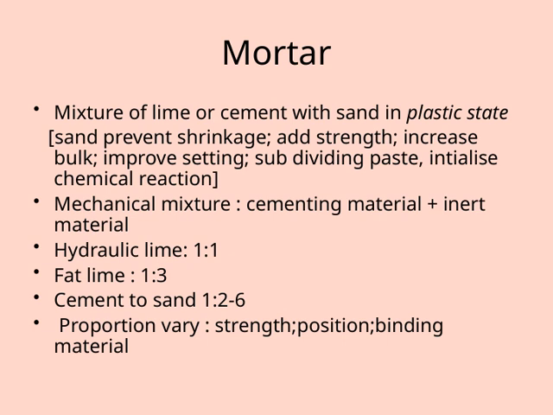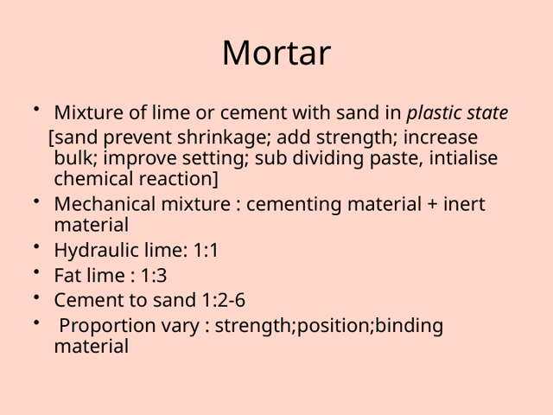Well, sand helps prevent shrinkage as the mortar dries, adds strength, increases the bulk, and improves how it sets. Plus, it helps subdivide the paste and kickstarts the chemical reaction necessary for setting and hardening. When we consider the mechanical mixture, we're talking about combining a cementing material, like cement or lime, with inert materials such as sand. The proportions of these components can vary depending on what we need, whether that's more strength, better